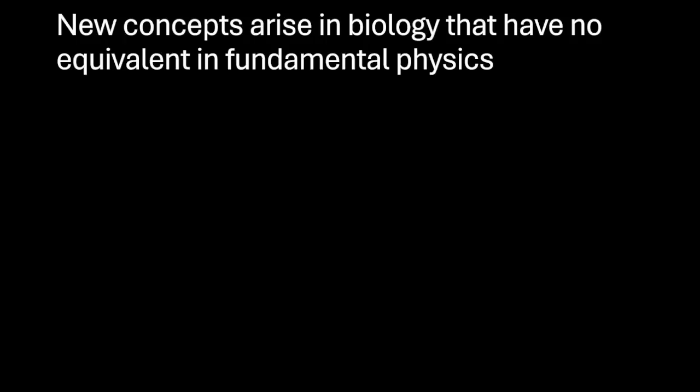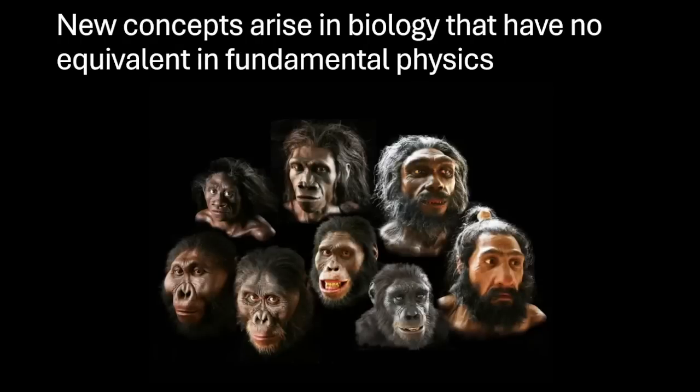We talked about this a little bit in the context of biology, but I really want to explain how something like evolution by natural selection, that's not a physics term. That only applies to living organisms. And so the stunning diversity of living organisms that we can observe in nature, which includes yourself and all of your ancestors and all of the different paths which evolution has attempted to traverse, all of these can't be explained in terms of physics, but they can be explained in terms of something like evolution by natural selection, which is not a physics concept. It's a new kind of phenomenon which is occurring at a higher level.